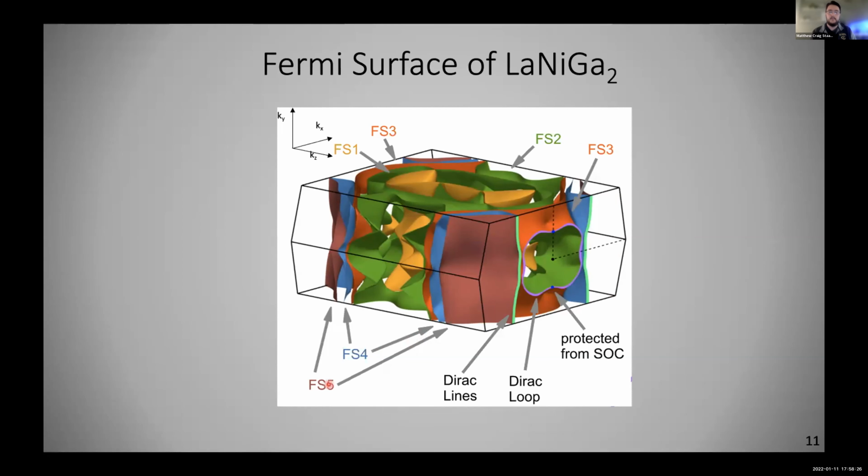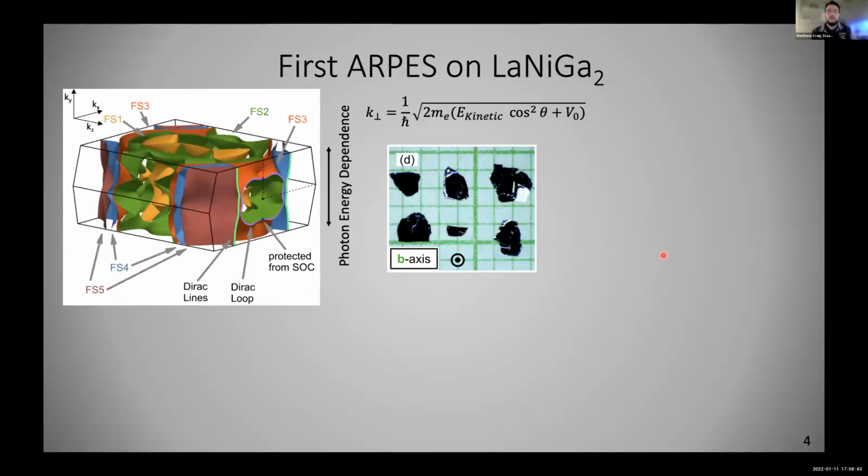Likewise, Fermi Surface 4 and 5 form these concentric cylinders around the edges of the Brillouin zone, and those form degenerate lines along the same zone boundary. So we've dubbed this the nodal plane of lanthanum nickel gallium 2, and that's the plane that I want to access using ARPES. So this is the first ARPES measurement done on lanthanum nickel gallium 2, and because of that,